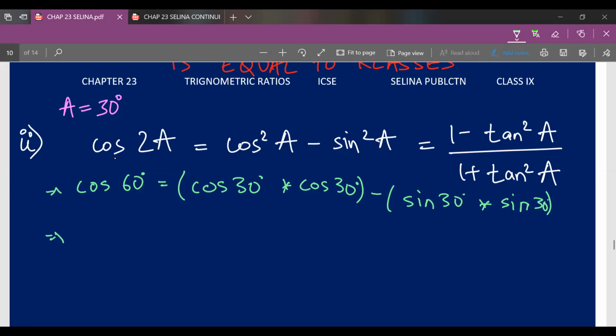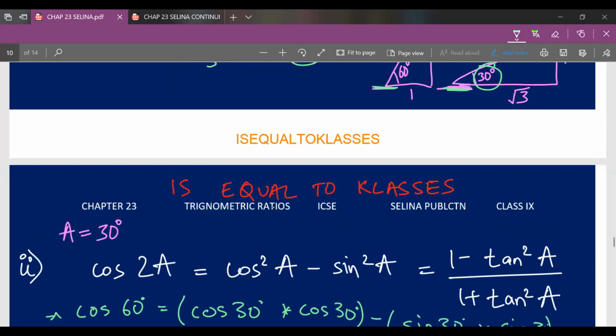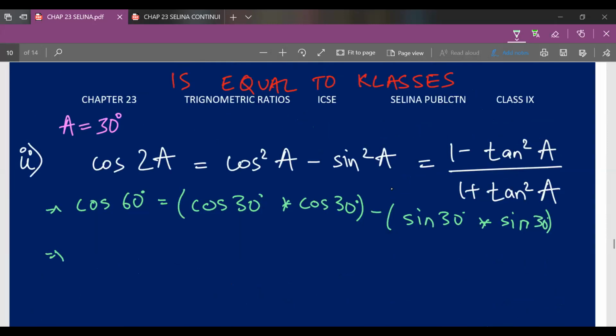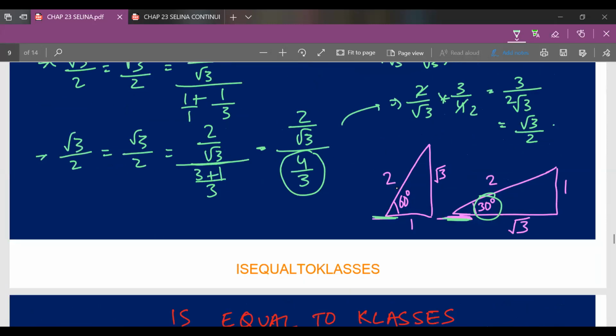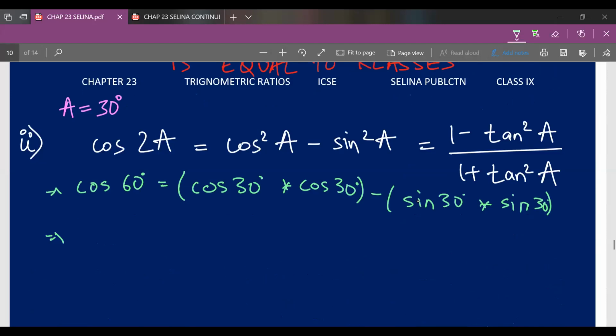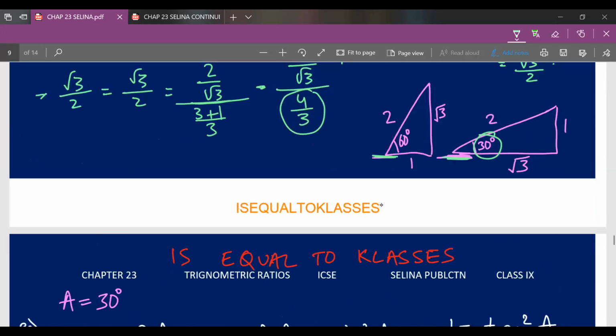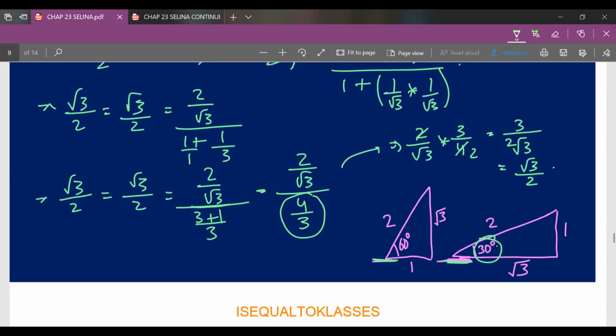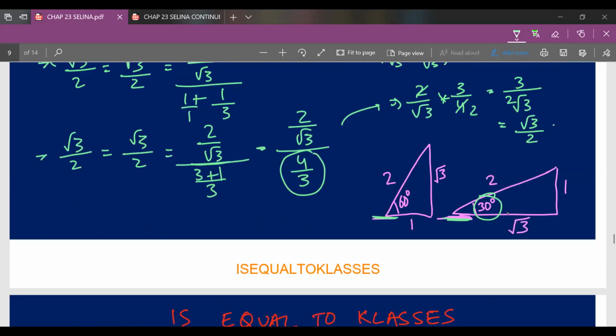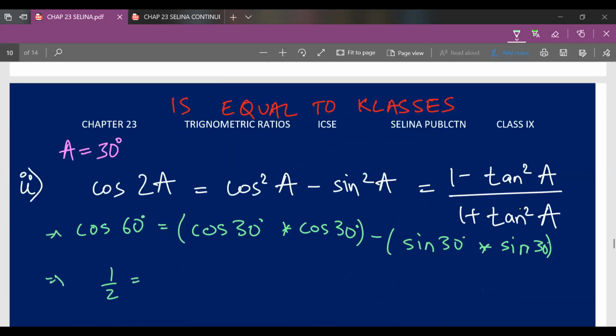So cos 60 degree over here, we'll scroll back to the top, and all we'll do is we'll refer to the magic triangle for cos 60 degree. So over here cos 60 degree will be with respect to angle 60 degree, and it should be towards the ground. Tell us cos 60 degree, that will be base upon hypotenuse, which will be equal to 1 upon 2. Now cos 30 degree, we'll refer to this magic triangle, and it should be towards the ground, and therefore with respect to this angle, tell us cos 30 degree, which will be equal to root 3 upon 2.